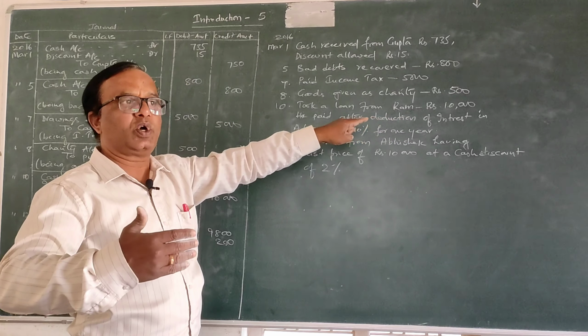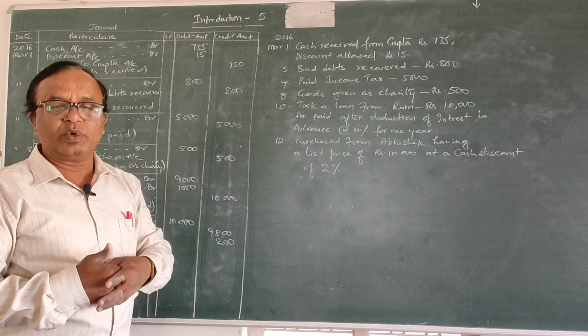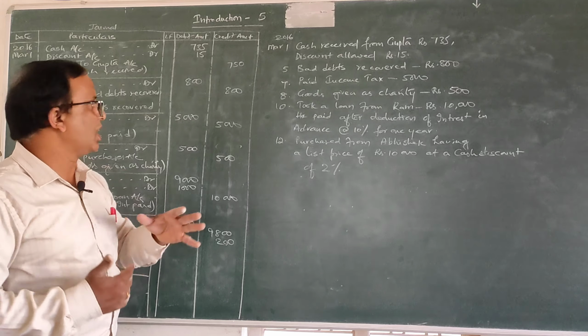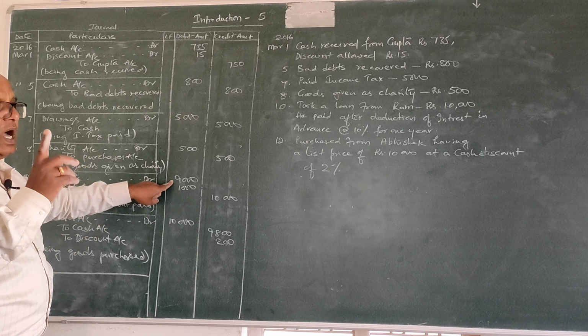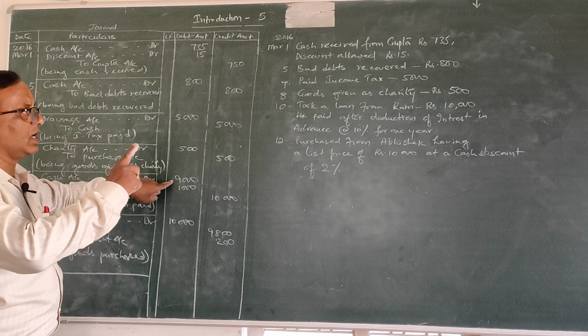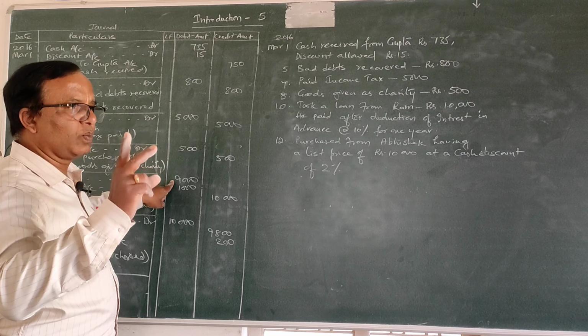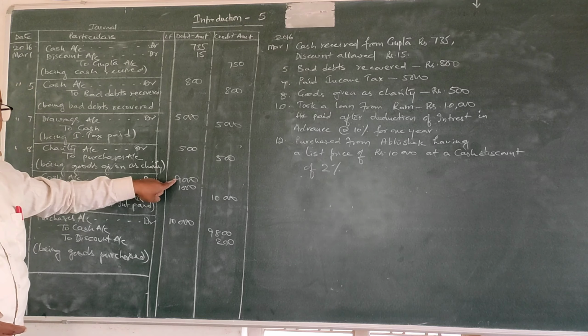So from your business point of view, what is happening? When you have taken a loan, cash is coming in. Cash being a real account, debit what comes in. So cash account you are going to debit here. How much cash you have received after deducting that particular interest which is deducted at source? On 10,000 at the rate of 10% it amounts to 1,000. So he has deducted 1,000, the remaining 9,000 he has paid. So 9,000 you have debited here.